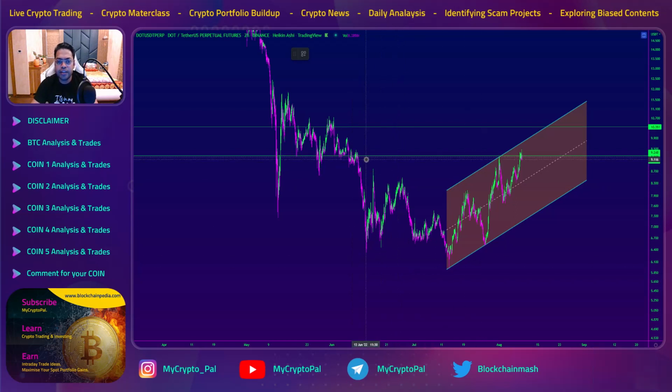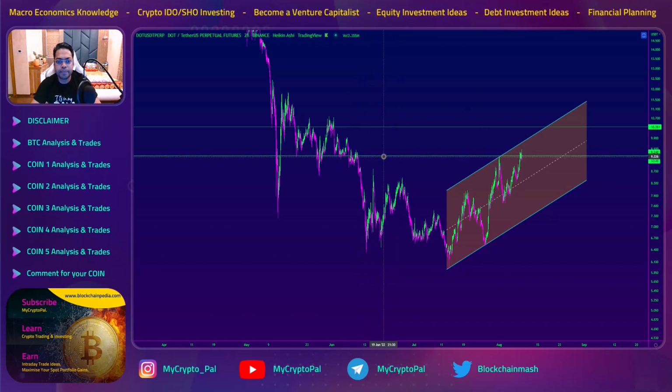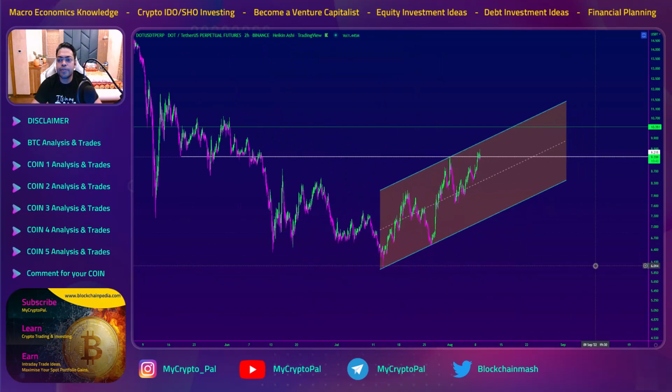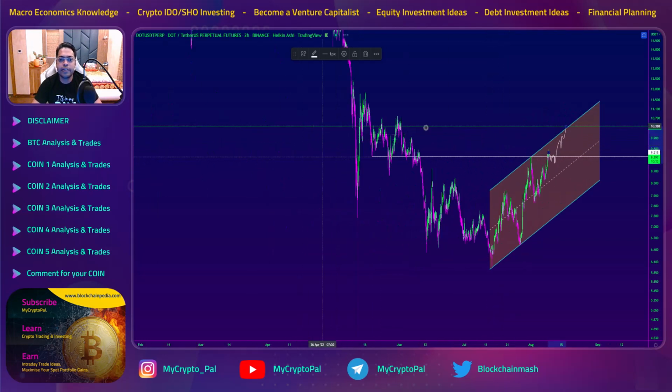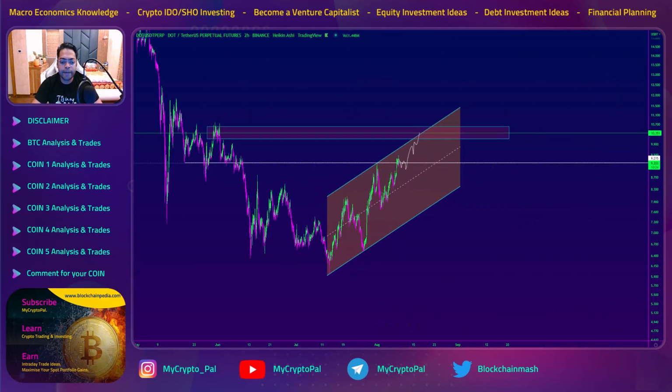Now let me not just use this line because that is affecting my price action view. So you can see this is the support zone on which DOT is resting. If we consolidate over here and make a corrective pattern like this, then we can go and try to tap the top resistance layer over here, and then the whole liquidity in this region would be taken, and then DOT would be ready for a leg down. Yeah, you can see that DOT will be a very good trade if it comes back and hits the lower levels over here. Then DOT will be almost a 24 to 25% trade.